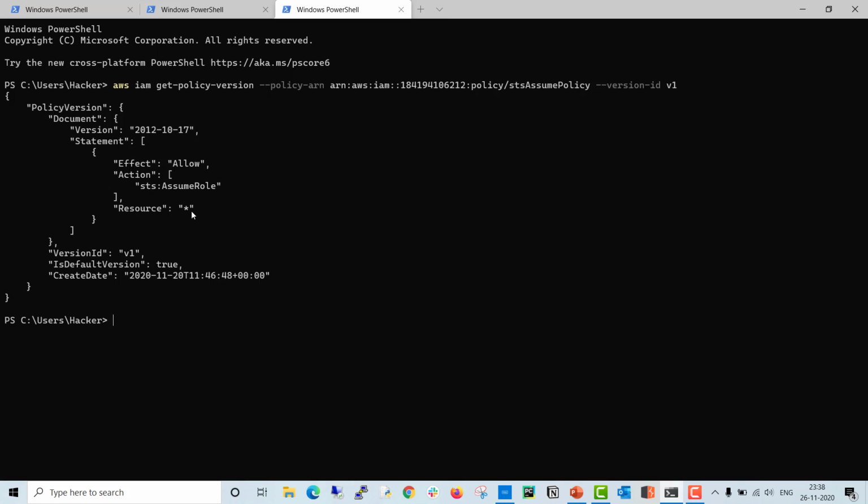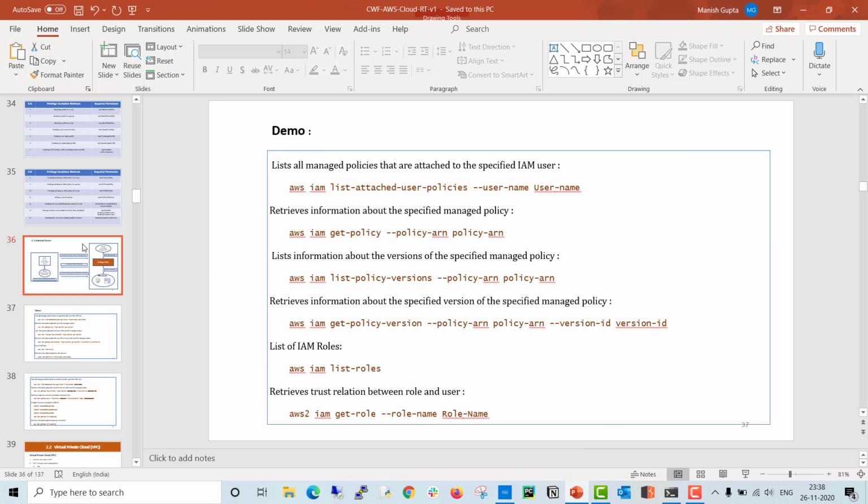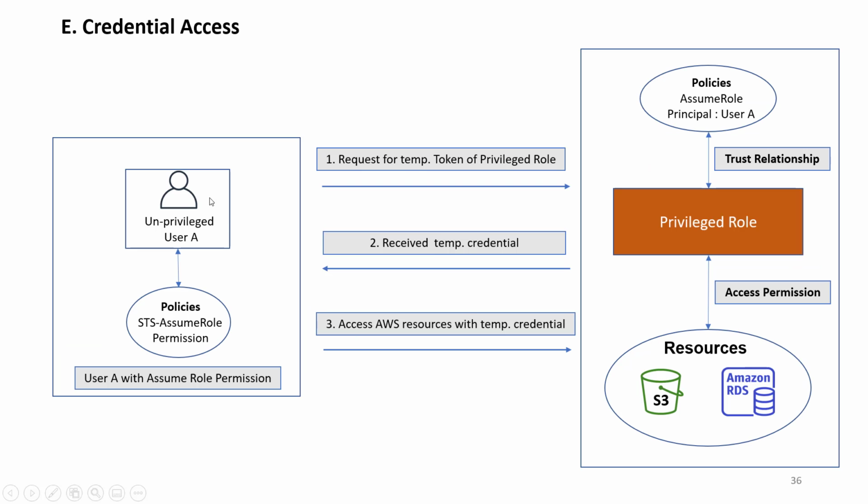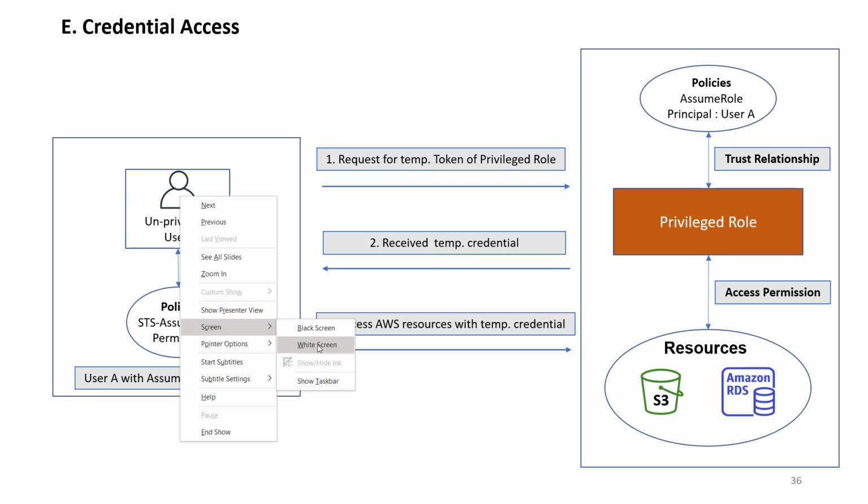Now what next? You can see here this user doesn't have any other rights, only the right to assume a role. And for what resources? It's mentioned as a star, so you can assume the role of any resource in AWS. What next? We found out, as you can see here in the PPT, that this user